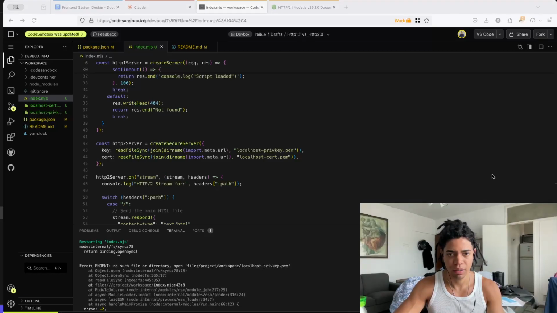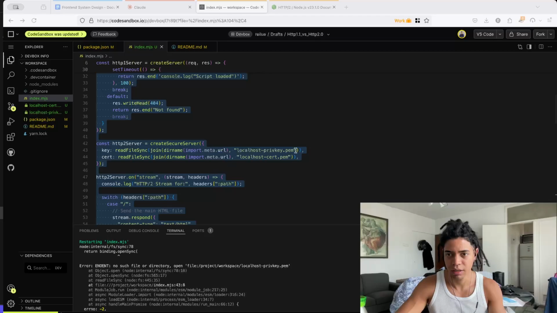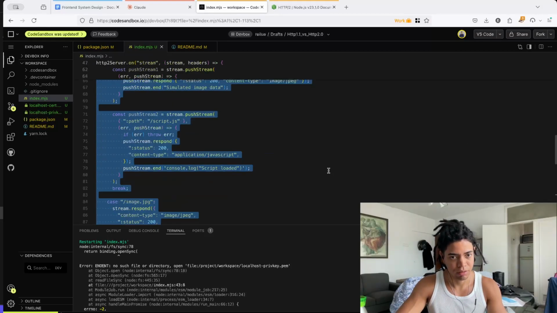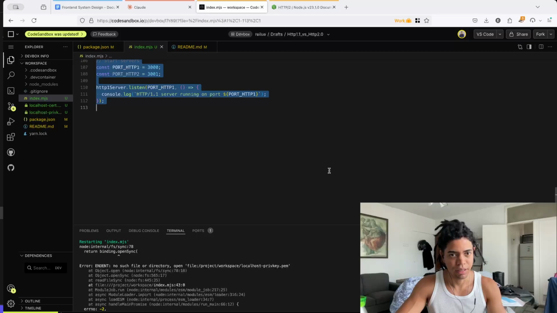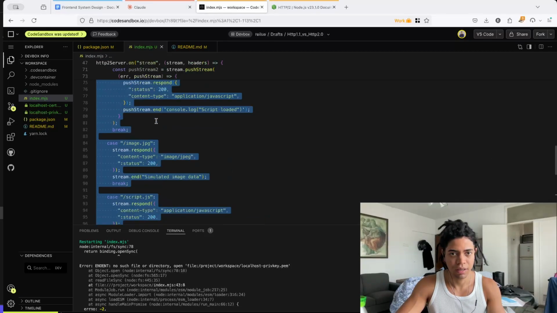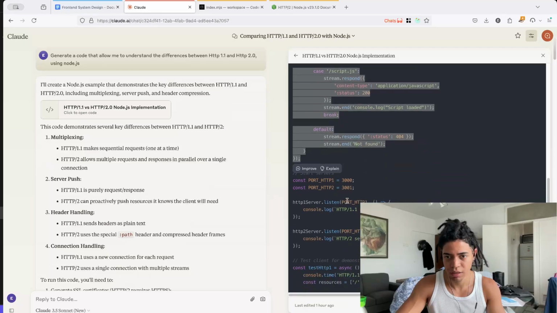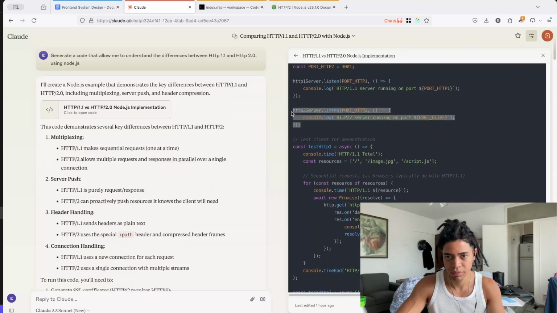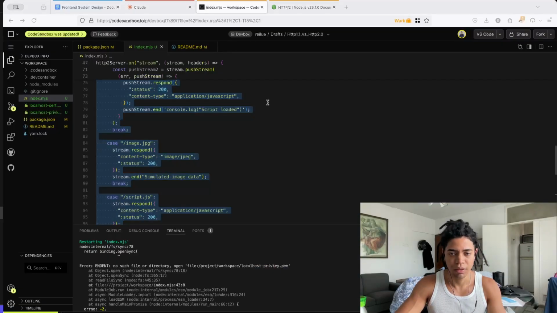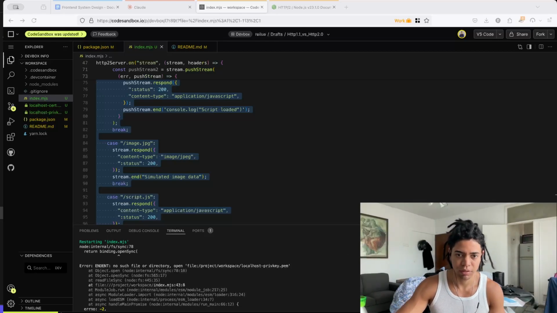Let me see if by running locally here I can actually do what it's supposed to. And then I want this to now listen to that server. Okay, makes sense. Let's get into this. It says HTTP2 server is not defined